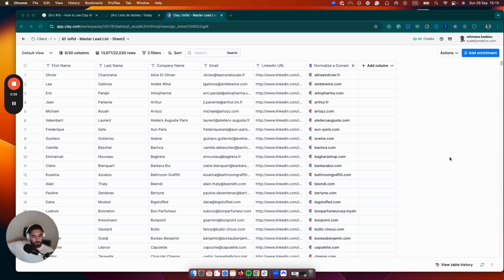So there are two philosophies on how to personalize your email using AI. The first one is gathering information from a company and then using AI to write some kind of personalization, either the entire email or a personalized line. I personally don't think that this is a good idea. I don't think that AI is at that point yet where without a ton of fine tuning, you could get